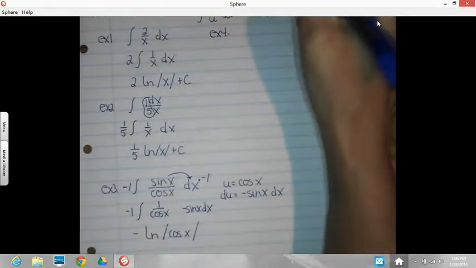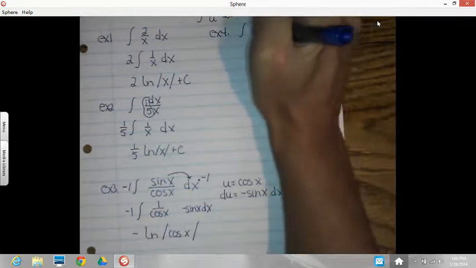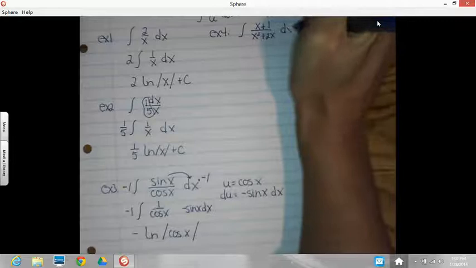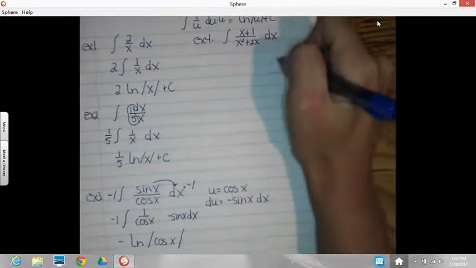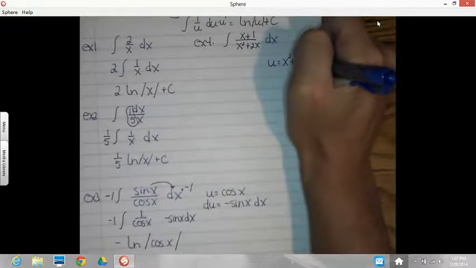The integral of (x plus 1) over (x squared plus 2x) dx. So again, we're probably going to let the u start with something. We're going to let u equal this denominator. So if I let u equal x squared plus 2x, my derivative